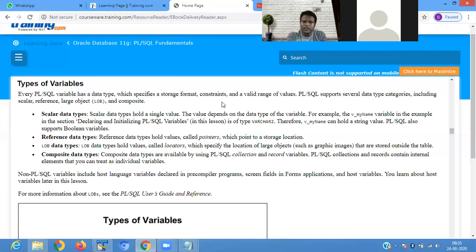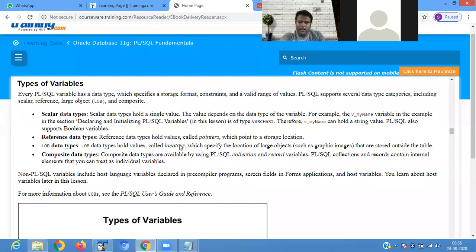Next, composite data types are available by using PL/SQL collection and record variables. PL/SQL collection and record contain internal elements that you can treat as individual variables. That is a composite variable. The first is scalar data type, which holds only one value.